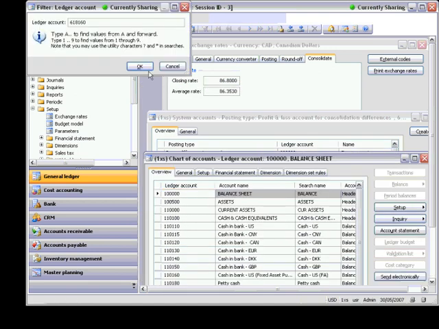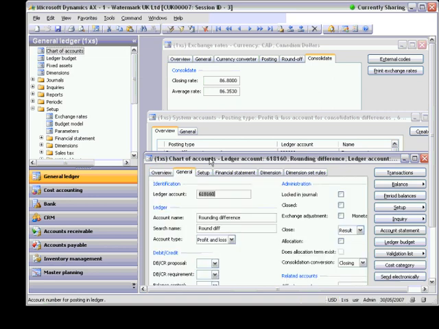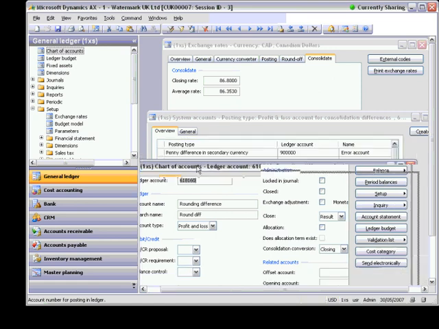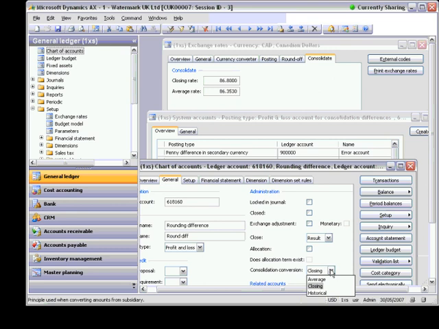I select different ledger accounts on the tab General. You see the field Consolidation Conversion. We have three options: historical, average, and closing. So you can select historical